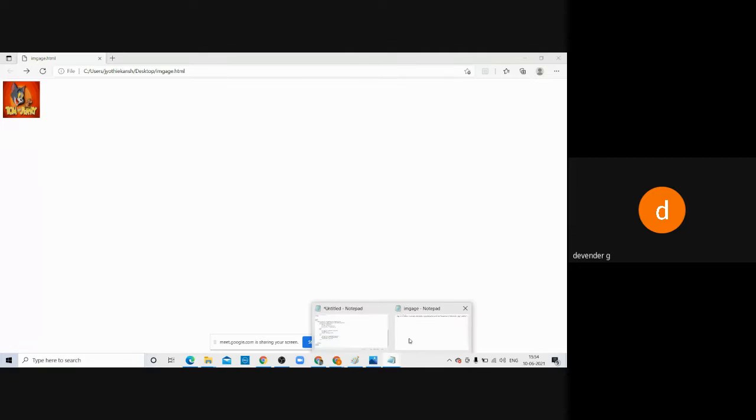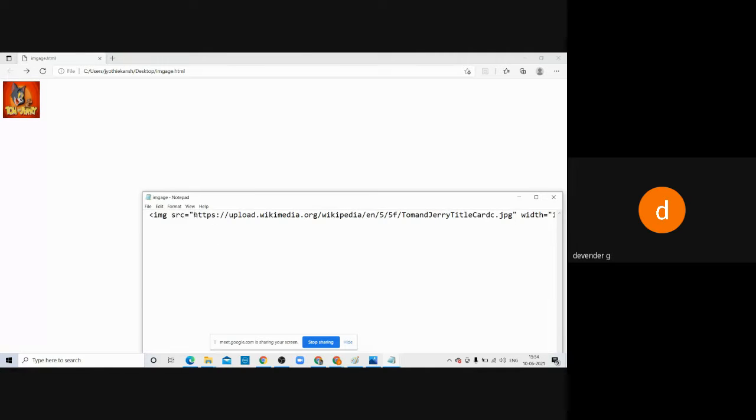What I have done, I just went to my source and I have given the full address. So if it is on the desktop on your computer, you give that address. If it is not available on your computer, you give wherever that is. So it will take the source as a URL. What do we call this? This we call a URL, that is Uniform Resource Locator. So the image element is required, then source is an attribute, width is an attribute, height is an attribute, alt is an attribute, title is an attribute, and for each and every attribute we have some values.